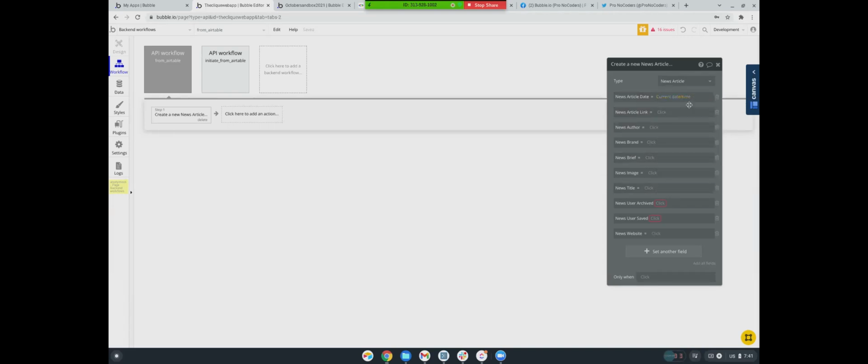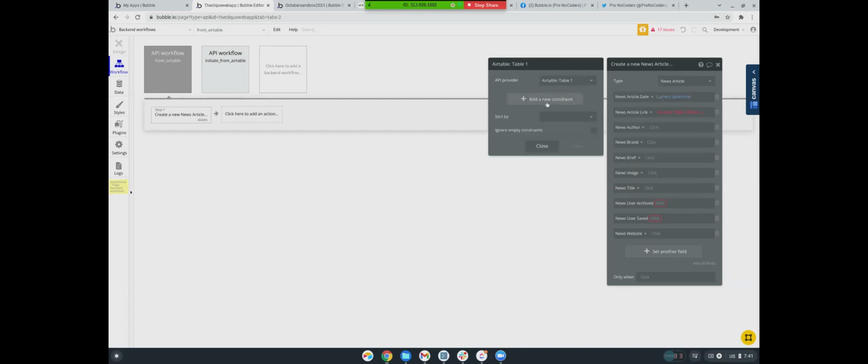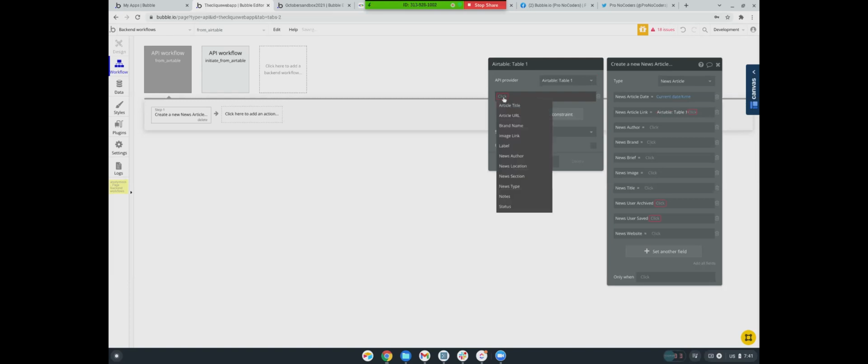Okay. Link is a link that should be available there in Airtable. Oh, I deleted it. Why did I do that? Okay, so, all right, so get data from an external API. We're gonna say Airtable table 1, right? Yep. Okay, and then we're going to search for,